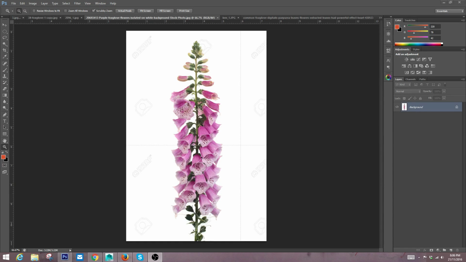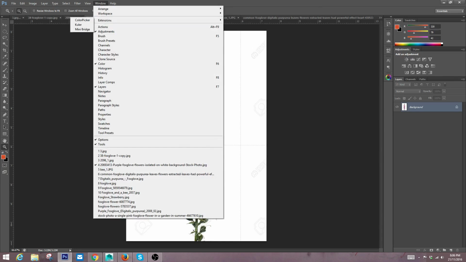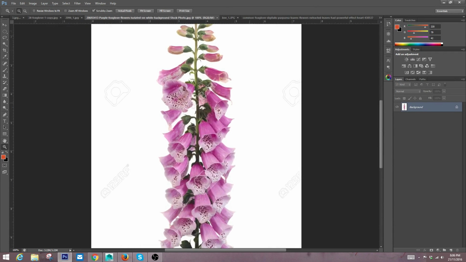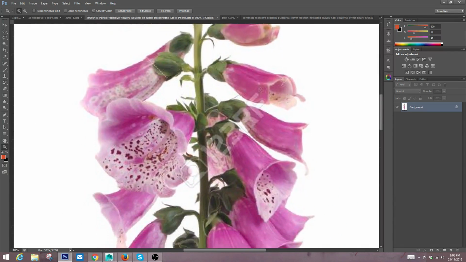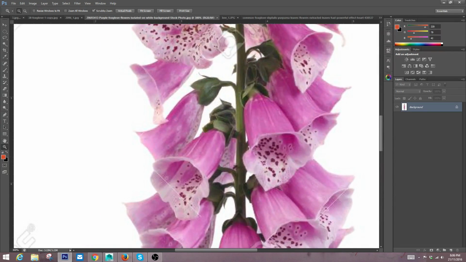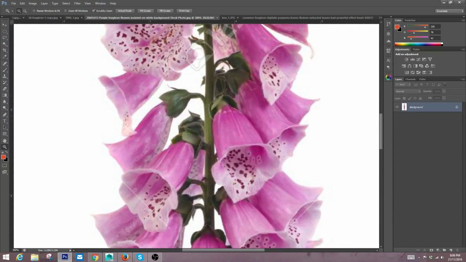So let's get started. First things first, when you're doing Speedtree or any model for that matter, you want to make sure you analyze your reference and break things down. So what I've done with my model is look at elements of this plant and break it down into a model, kind of a blueprint. So for the foxglove, which is the name of this plant,